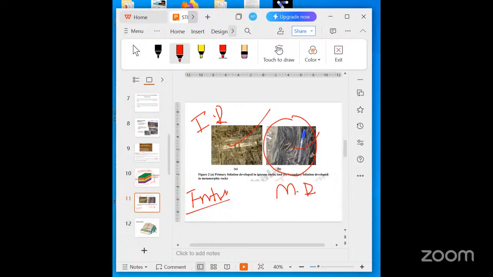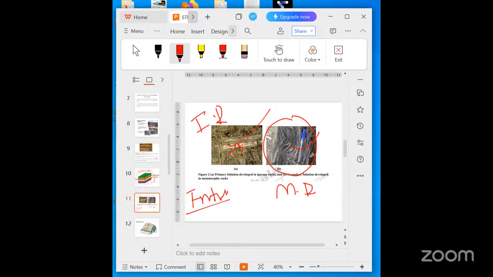Intrusion means, in igneous bodies, it can be extrusive or intrusive, right? So the intrusive rocks are those igneous rocks which penetrate or intrude into a pre-existing rock, right? So they might have consolidated either at great depth or at shallow depth. Many times, the layering seen in the intrusive igneous rocks can be observed in parallelism with the surrounding country rocks, right? Country rock is also called host rock, right?